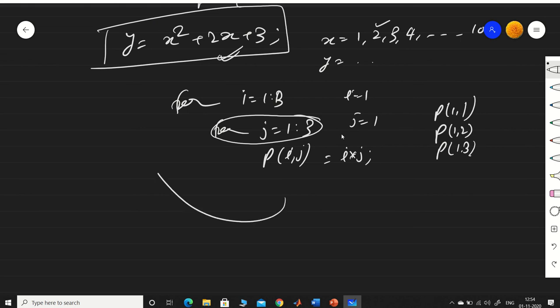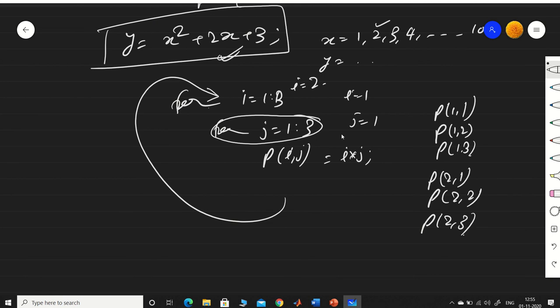Then next it will go to i, which will become 2. So i has become 2, then you will get p of 2 comma 1, then 2 comma 2 and then 2 comma 3. Like that you keep on getting, and this is how you will get up to 9 elements, like p(3,1), 3 comma 2, 3 comma 3 also.